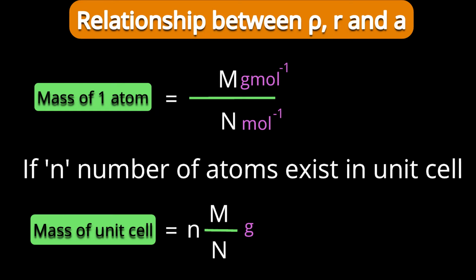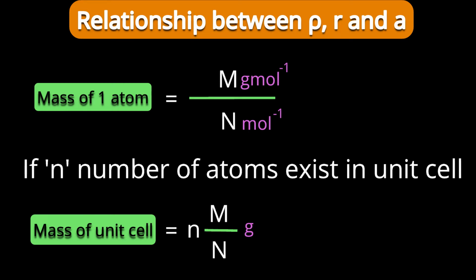Means if we take a bucket of water, density of water will be same. And if we take a drop of water, then also density will be same. So for the sake of our understanding and for easy calculation, we will consider unit cell as a representative of crystal lattice in the crystal. If I have to find mass of the unit cell, because in unit cell a number of atoms are there, to find mass of the unit cell, I need to find mass of one atom.